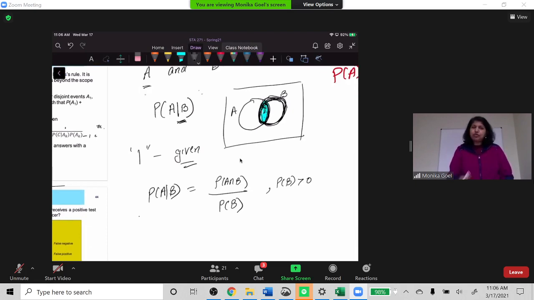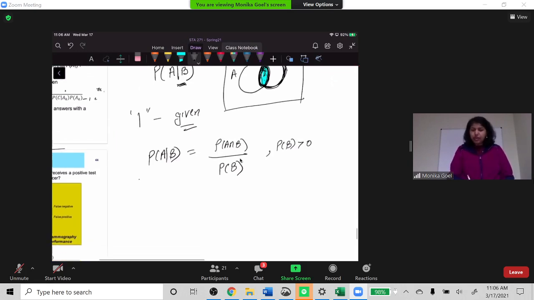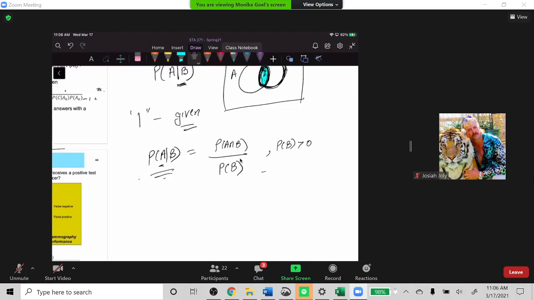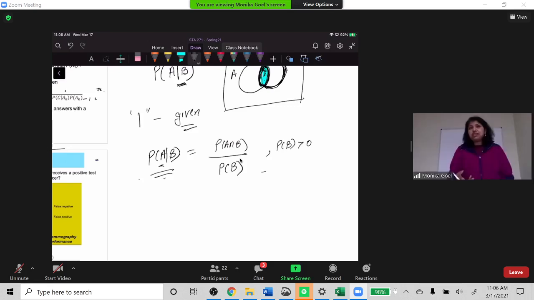So we are looking for the probability of any event given the probability of another event. If B has already happened and it's going to change my chances of A, then how much, or what is the probability of that A when I know B? If B is not changing anything, then I don't have to look for the conditional probability. Then those two events are called independent events.